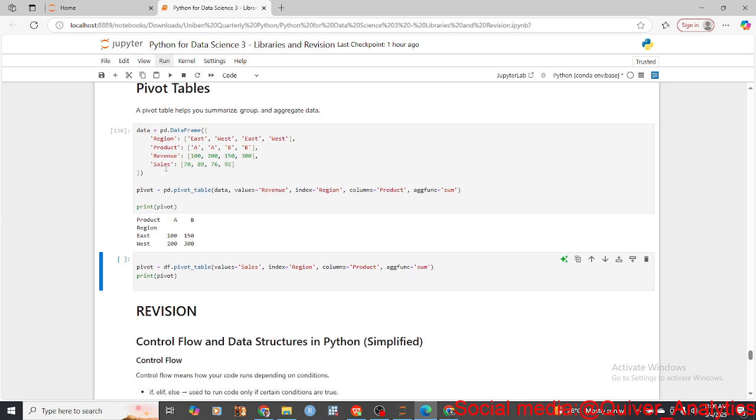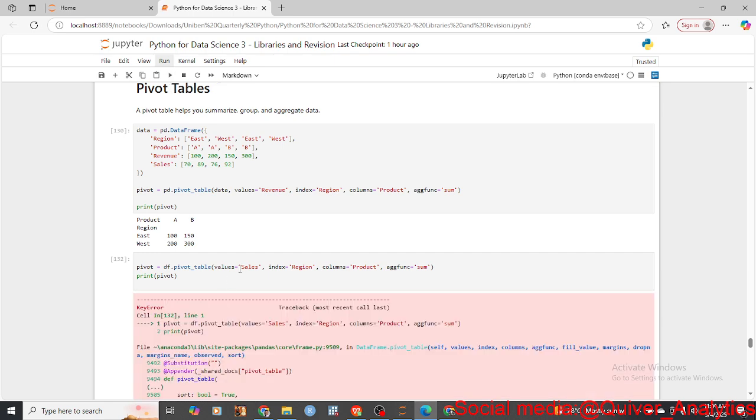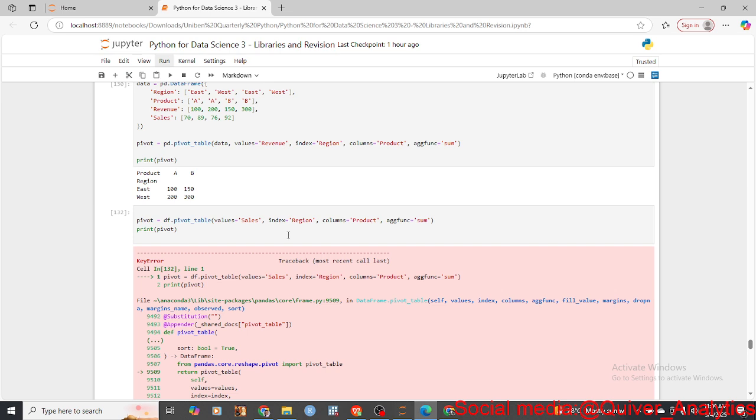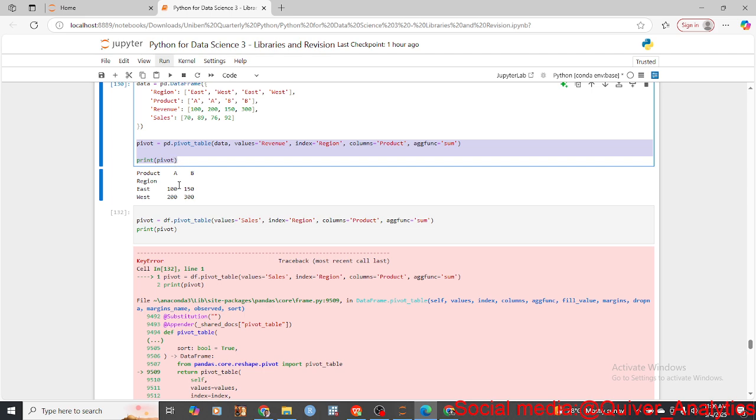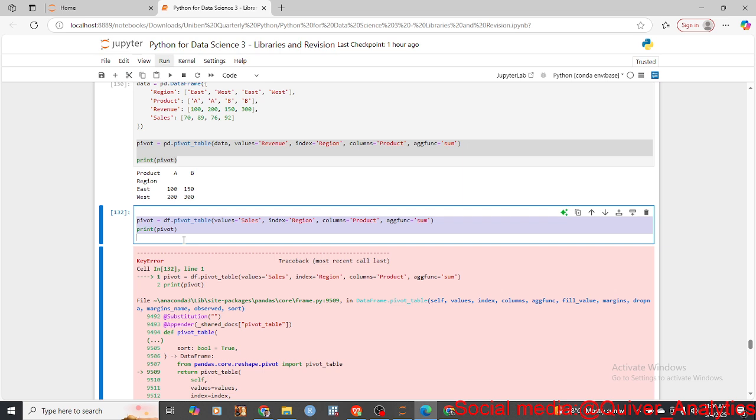Doing the same thing for sales, if we run that here, okay, we have a problem. We have sales, index, region. Okay, so what I should do is this. I wanted to try another form, and so here I'm just going to remove this and make